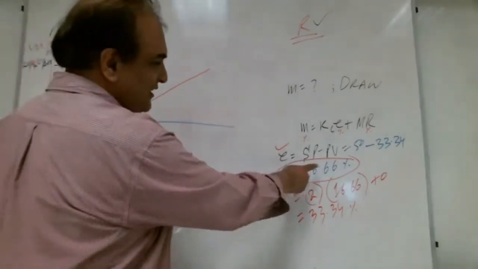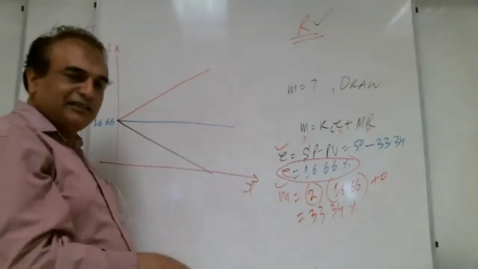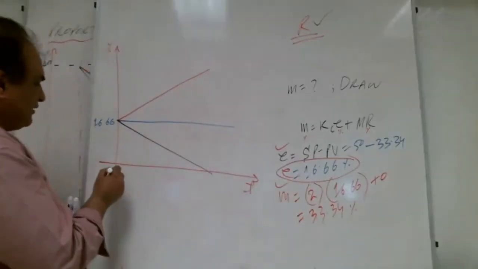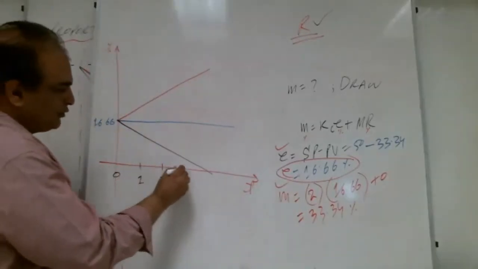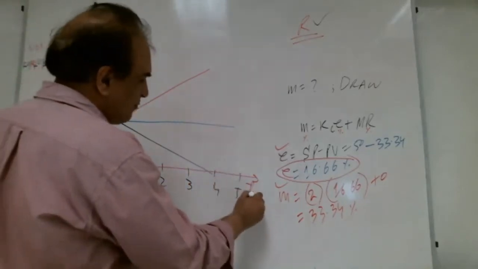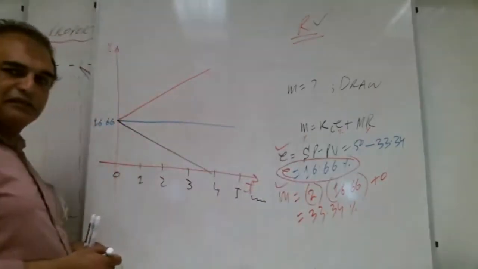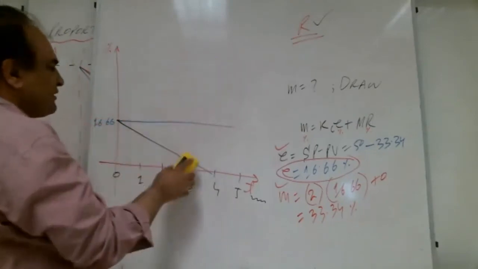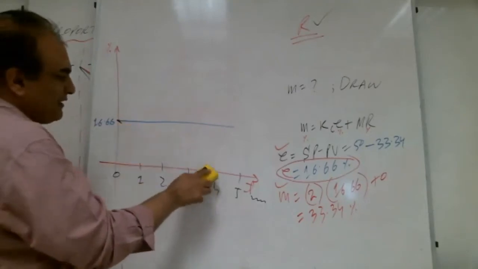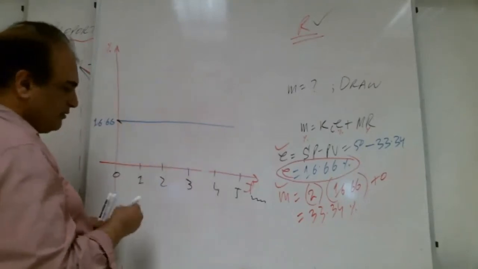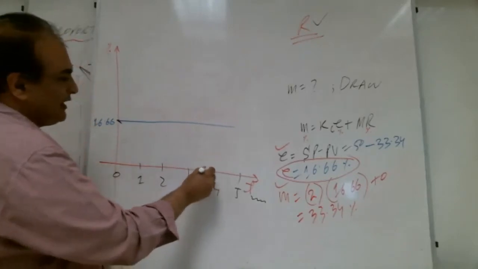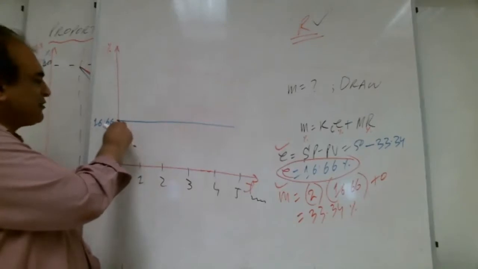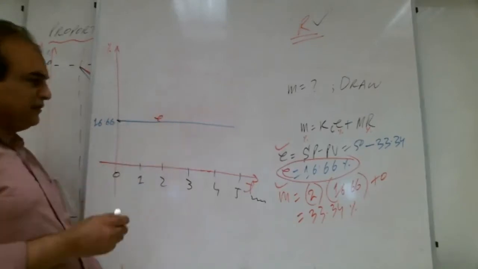See, error is just without T. There is no T here. It is constant. With the time it is not changing: 0, 1, 2, 3, 4, 5 minutes. So it has to be blue, the constant line. Both other lines were changing with time. In the revision day, we already discussed this thing. So the blue line is the constant line that is not changing with the time. This is error.